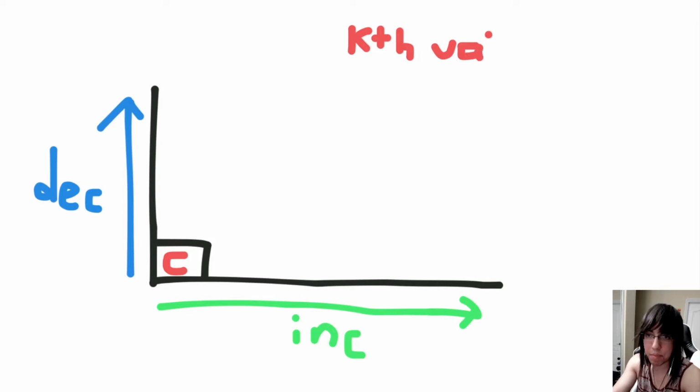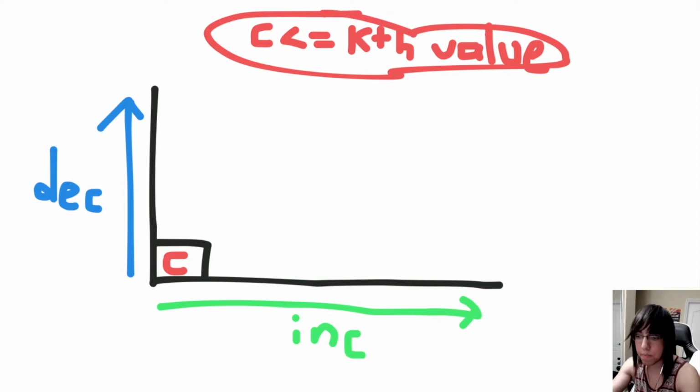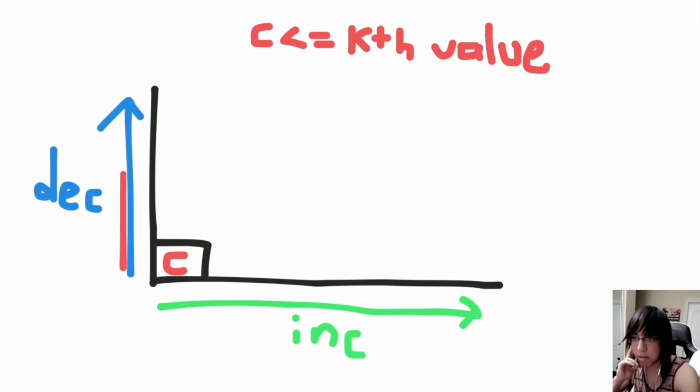And we just want to know how many elements in this matrix are less than or equal to this kth value. So we want to know, is this cell here less than or equal to this kth value? So we could just say C less than or equal to our kth value. And C represents cell here, not column. So is our cell less than or equal to our kth value? Well, let's just say that this was true, hypothetically. Then because everything in this direction is decreasing, we know this entire row